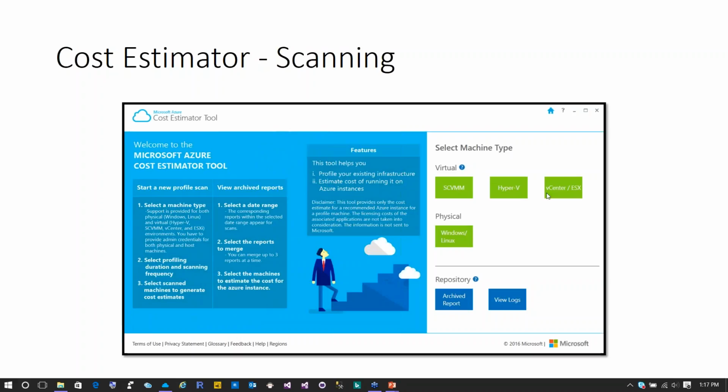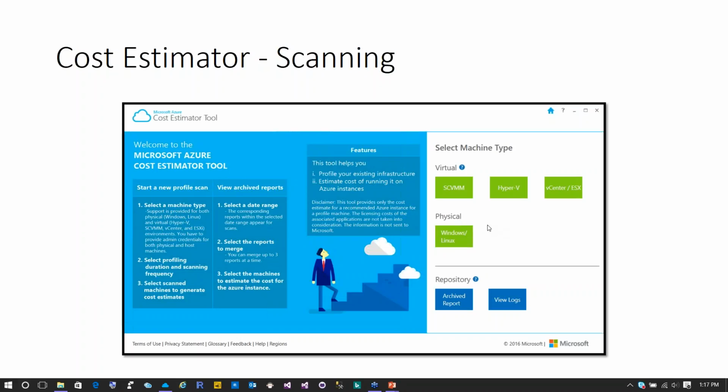Generally, we can start looking at a customer's network through a number of ways, depending on a variety of options. We can look at it through their System Center Virtual Manager. We can look through their Hyper-V. We can look through VMware vCenter if they've got that. If they've got HP equipment, it has the ESI integrated, so that you can just directly get to that. And then we also have bare metal situations, on Windows and Linux, to profile and scan their machines.